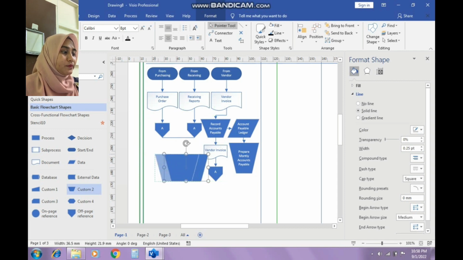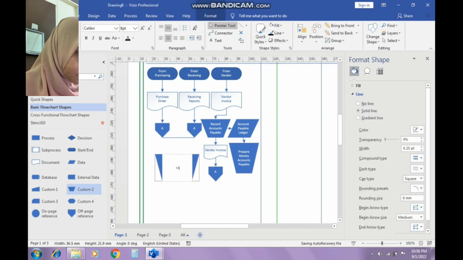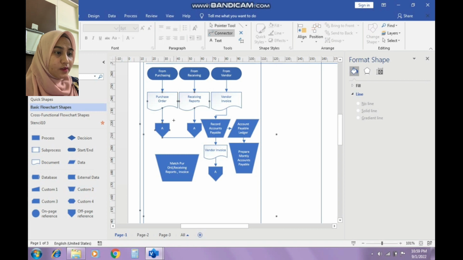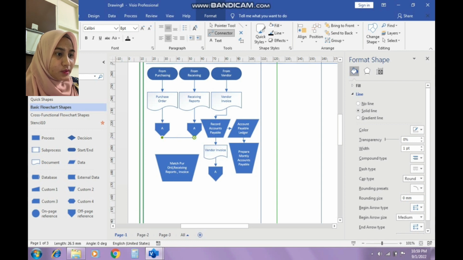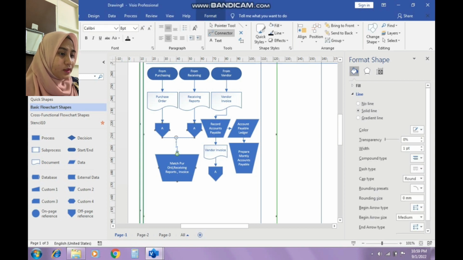Okay, so just sizing, name it as match purchase order with receiving reports and put it all together, and also the invoice. Okay, so from here we connect it from here. This is a connector. Okay, then here to